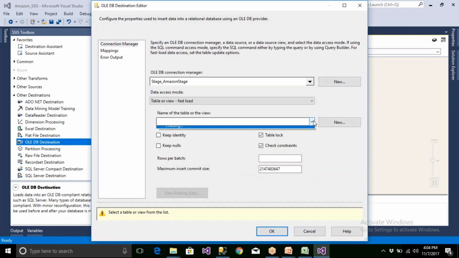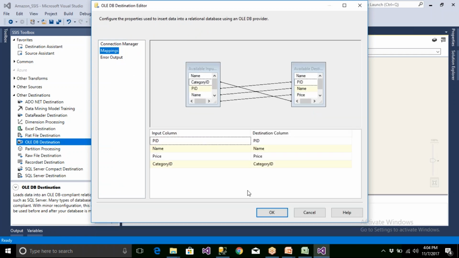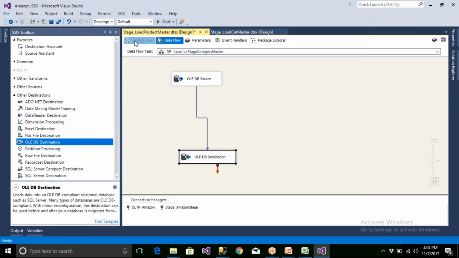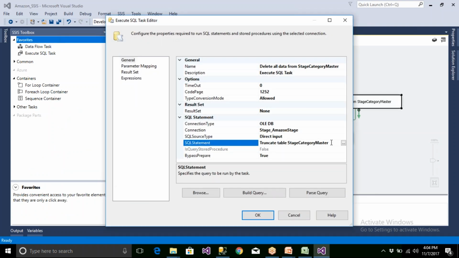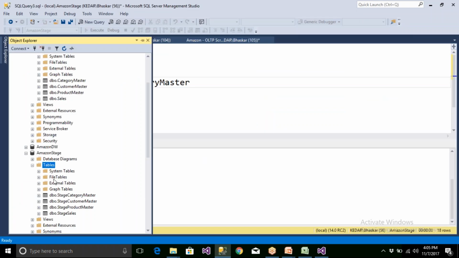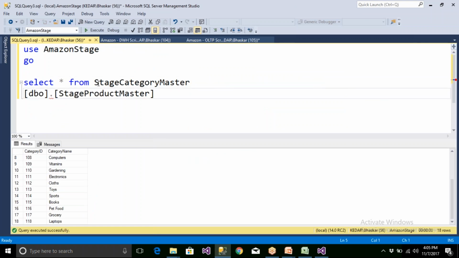Now this time I'm going to take product master. It's a ready-made table that's already there. That's it. So I have to come here, and in the truncate it is not this table, product master I need to have. So never try to type, because when you type you may get issues with the spellings. Never type, always copy paste or drag and drop, something like this.